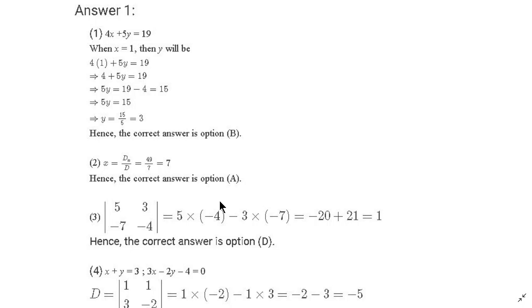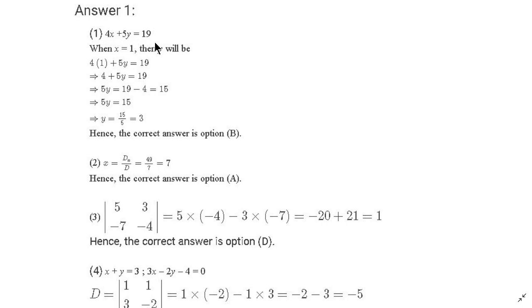We have the answers explained here. If you have questions, you can take a look at them. The first question, I will read it: to draw the graph of this equation, 4x plus 5y is equal to 19,